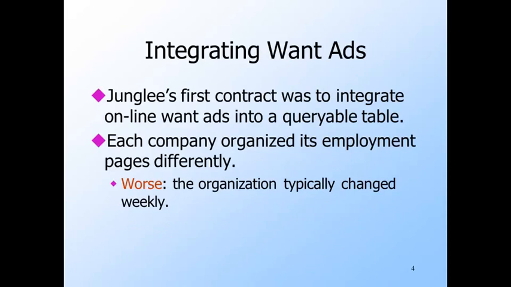But the first paid work that Jungly got was a contract from the Washington Post to produce an online table of the employment opportunities offered by companies that were placing print classified ads at the Post. This job was not trivial. Jungly had to go to several hundred websites and extract the information about each job automatically. If you look at one site, you can probably figure out how to do it, which links to follow from the home page to get to the employment pages, and once there, how to navigate in the HTML source text to find the critical information about the job, such as the title and salary.